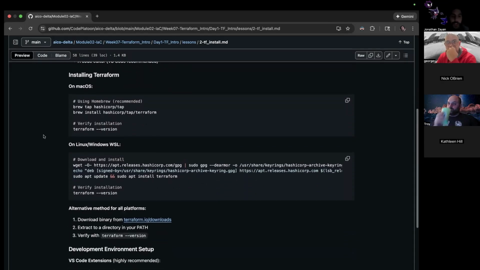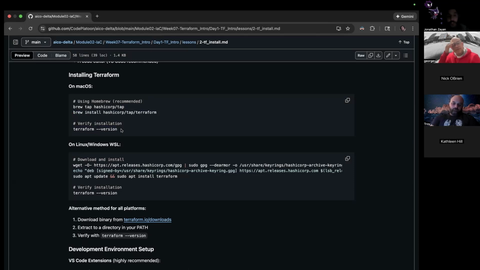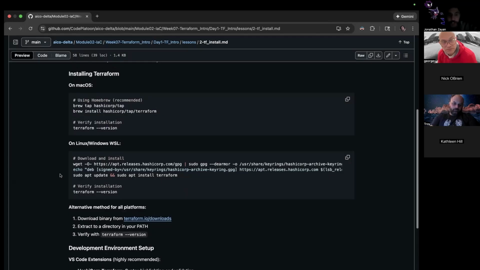Okay, so whenever you install Terraform, it's pretty much here if you're on Mac. Essentially, just brew tap. Remember, it was made by HashiCorp, however you want to say it. And then brew install terraform. And then, of course, from there you verify it. Whenever you download anything, always pull up the version to ensure it's correct. All right, so that's here for your reference whenever you're ready to do that.